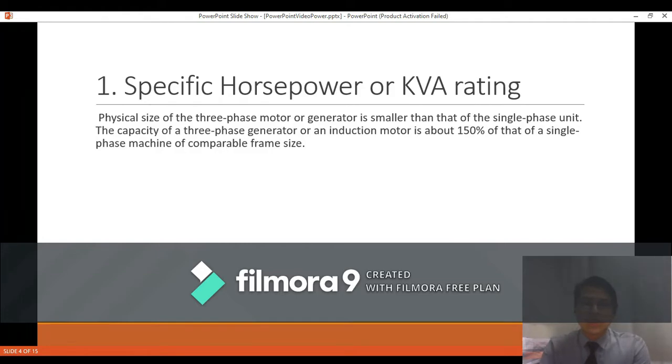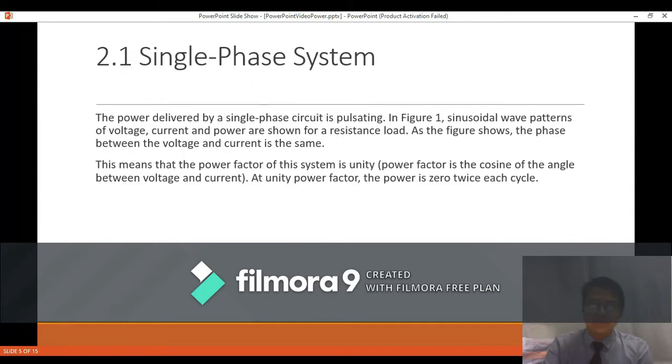Specific horsepower or kVA rating. For a specific horsepower or kVA rating, the physical size of the three-phase motor or generator is smaller than that of the single-phase unit. The capacity of a three-phase generator or an induction motor is about 150% of that of a single-phase machine of comparable frame size. Next,